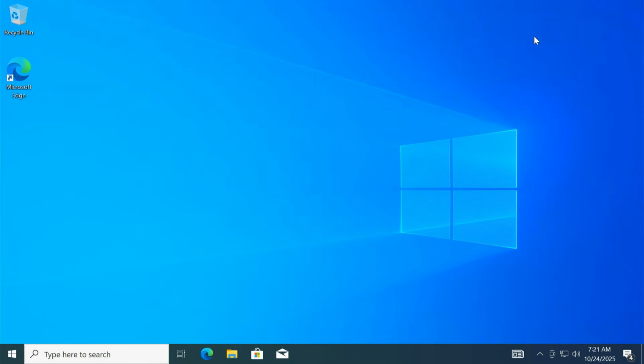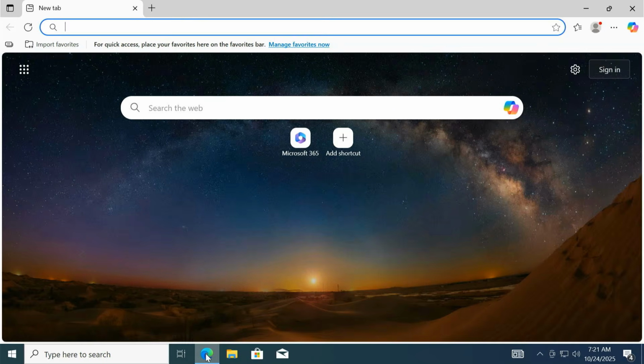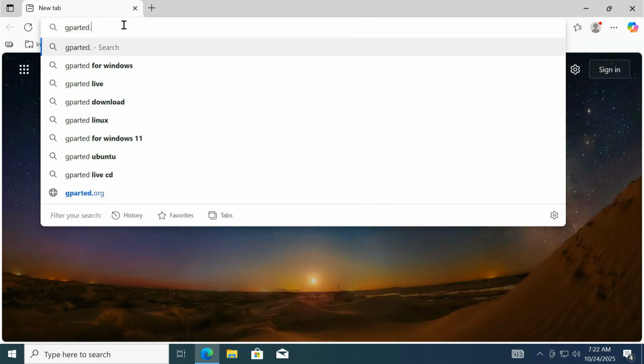To do this, we'll be using a free tool called Gparted Live. It's a Linux-based partition editor that works outside of Windows, so it can safely move and resize partitions. Open your browser and go to the official Gparted website. The address is gparted.org.